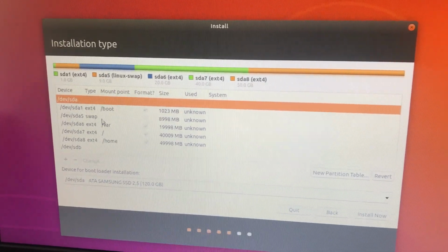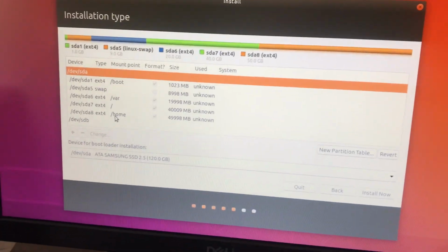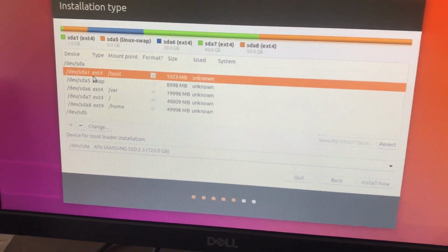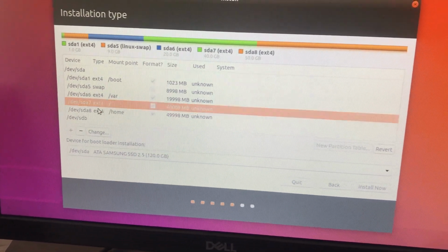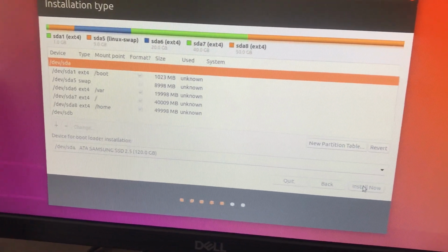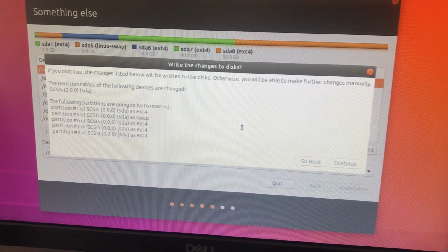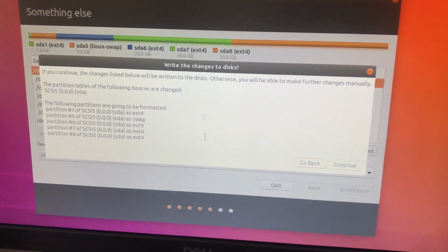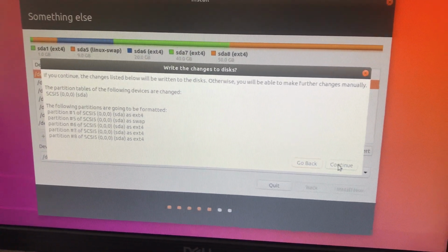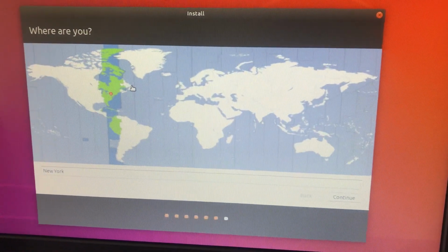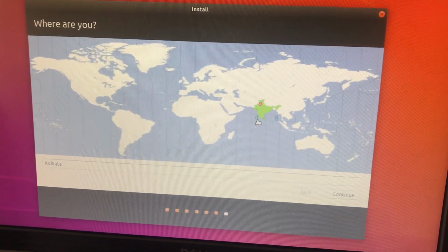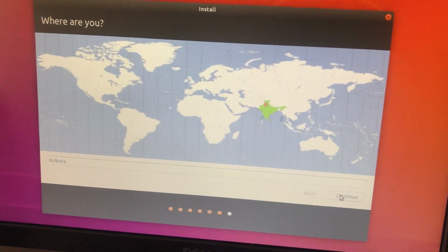As I mentioned, all these partitions are needed to run Ubuntu very smoothly on the PC. So now you can select this one and then press install now. It will ask for the changes, so you can verify and click on continue. Then you can select your country, so I am from India, so selecting Kolkata and then continue.